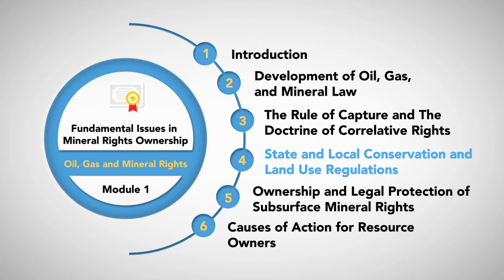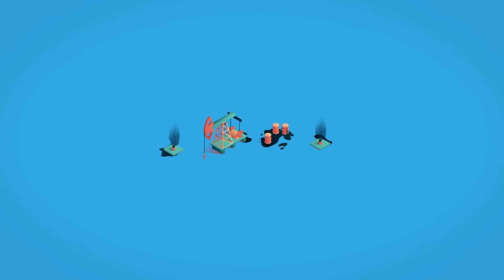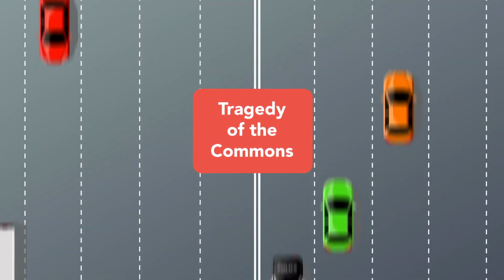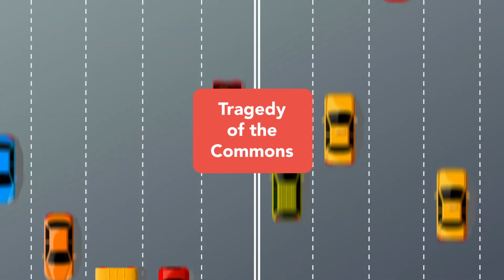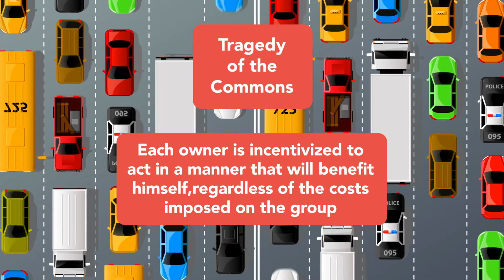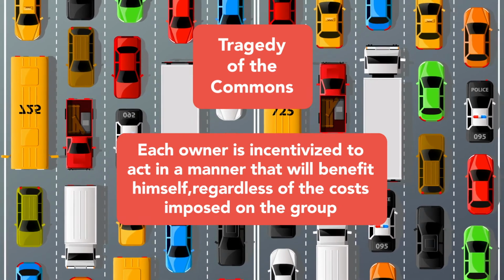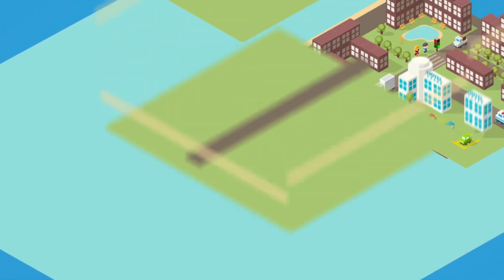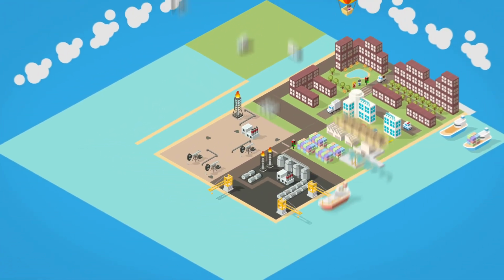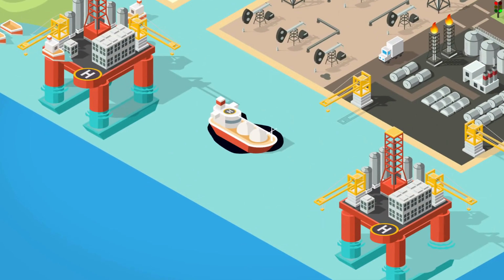While making economic use of subsurface minerals is a good policy in general, it can lead to issues of over-extraction and pollution. This is due to the idea sometimes known as the tragedy of the commons, which occurs when there is common ownership. Each owner is incentivized to act in a manner that will benefit himself, regardless of the costs imposed on the group. While the rule of capture and doctrine of correlative rights have helped give rise to a robust and thriving mining and extraction industry in the United States, they have done little to protect the public interests